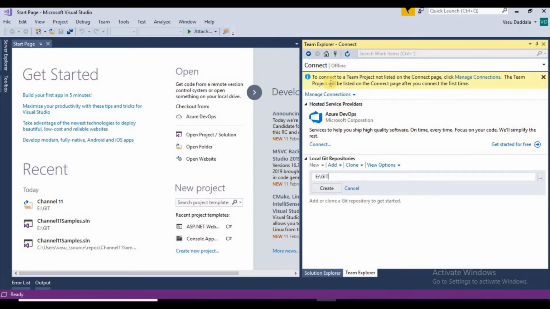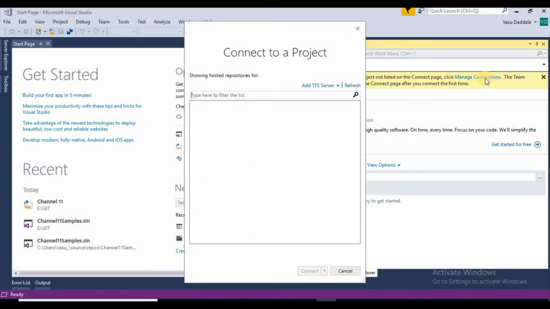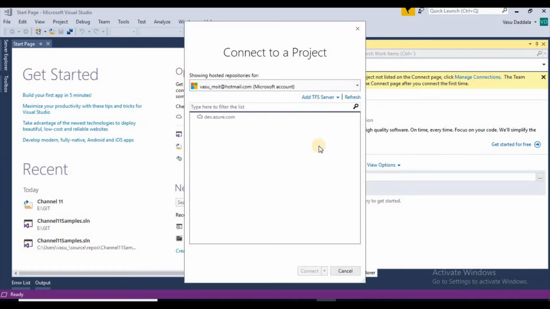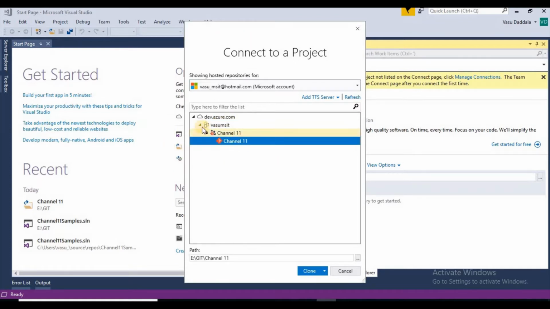To connect to any repository, first we need to click the manage connection icon, and from this we have to use manage connections, and it's going to open the project connecting window. This is my Git repository. Channel 11, I already created. So if you click,